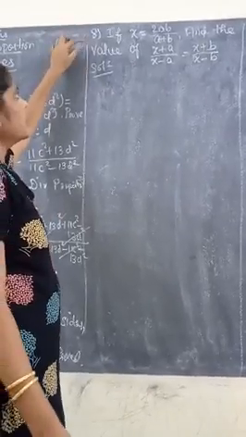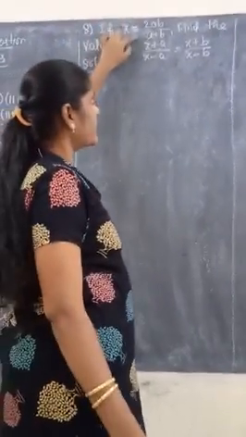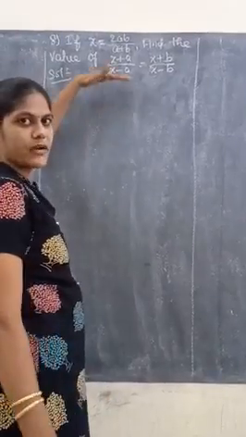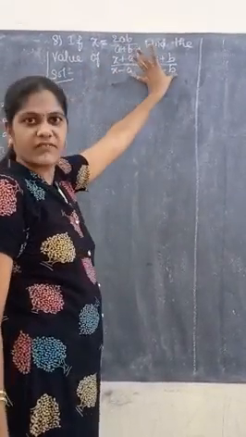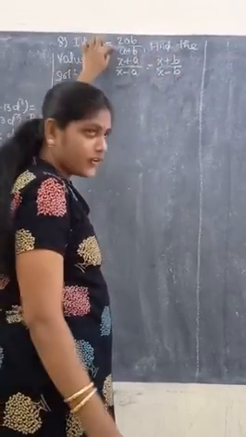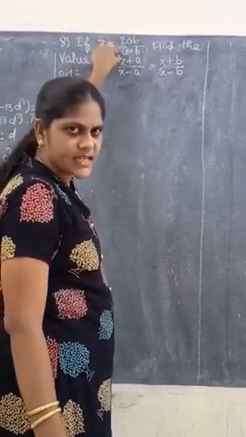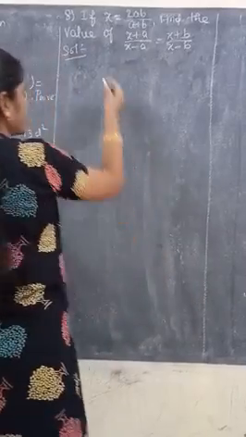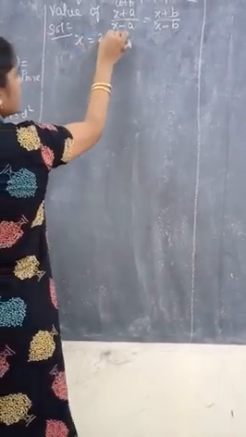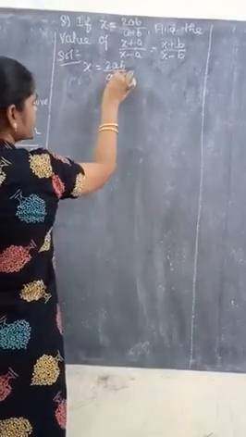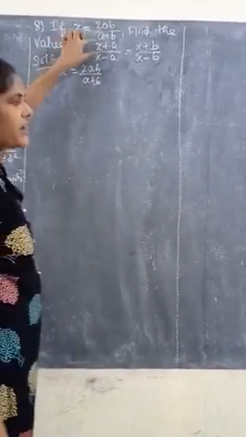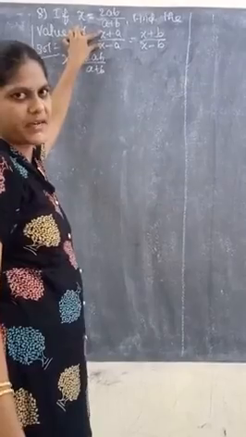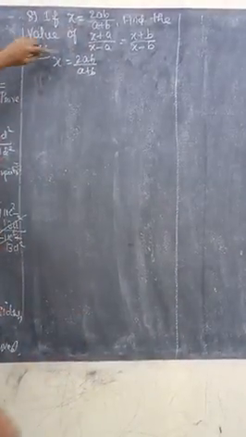Next question. If x equals 2ab/(a + b), find the value of this. Listen, here we need to find the value of this. Using this x term, we need to find this value. How do we find this? Listen. First, x equals 2ab/(a + b). First, we need to find the value of (x + a)/(x − a). How do we find this? Listen.